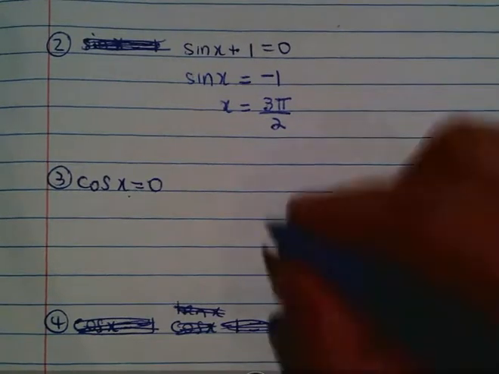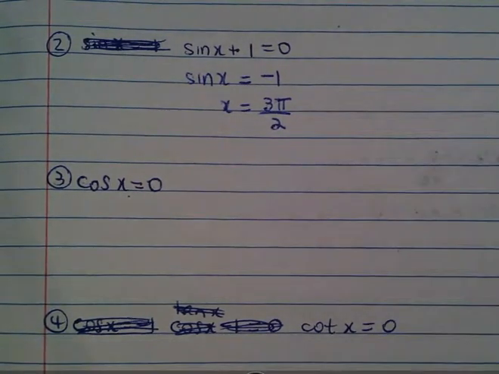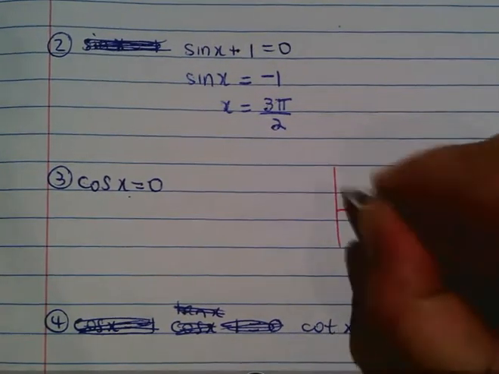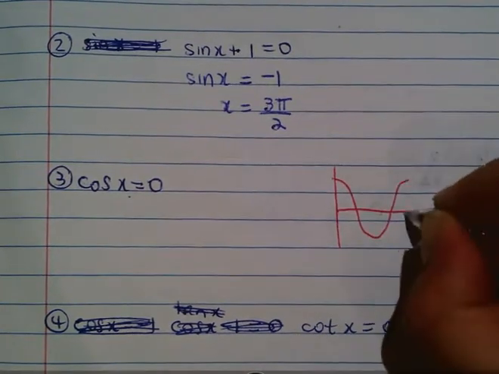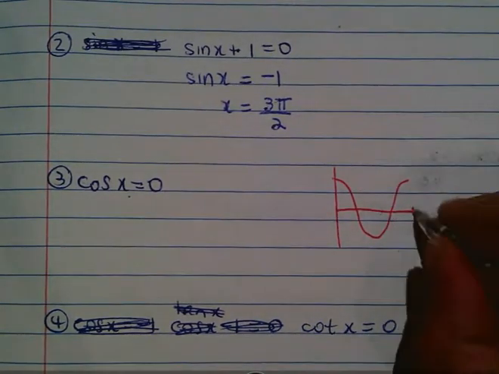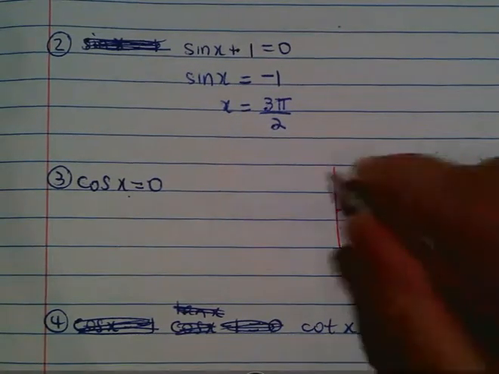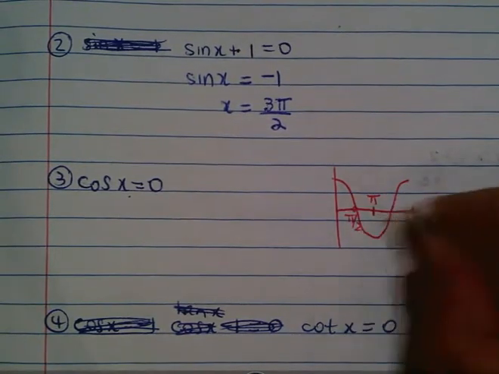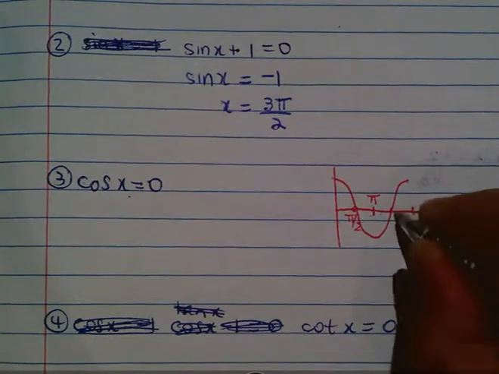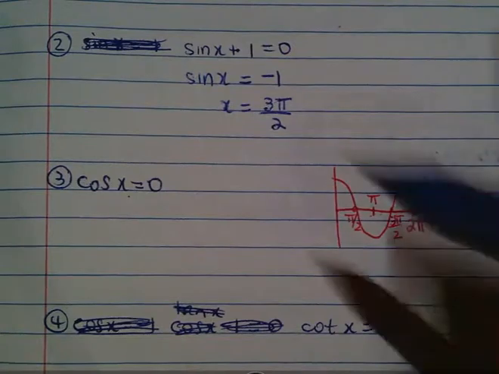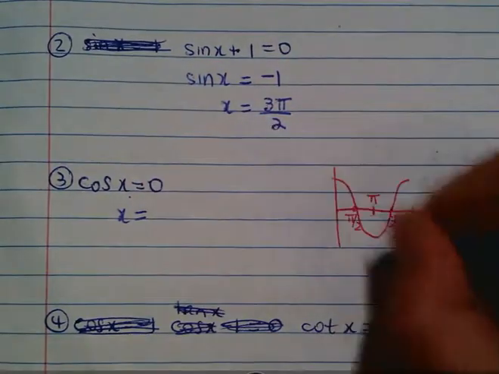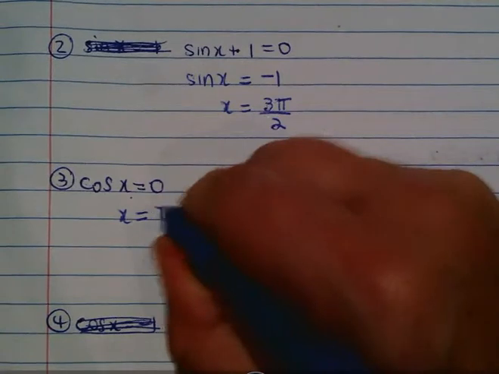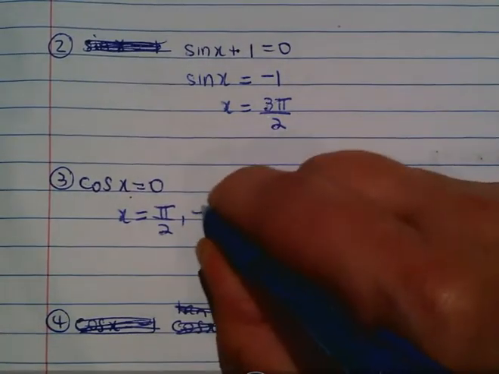Okay, and again, you could be asked to solve cos curves. So if I'm asked the cos curve, just sketching that cos curve, but remember instead of writing 360 degrees, it's 2 pi radians for one period, so that would be pi. And here we'd have pi on 2. We've got pi and 2 pi, that's 1 pi, 2 pi, halfway is 3 pi on 2. So where does cos of x equal 0? Where you sketch the curve and you can see it equals 0 for the values of pi on 2 and